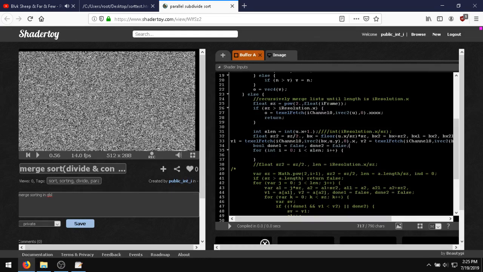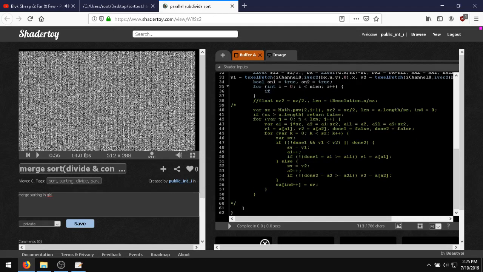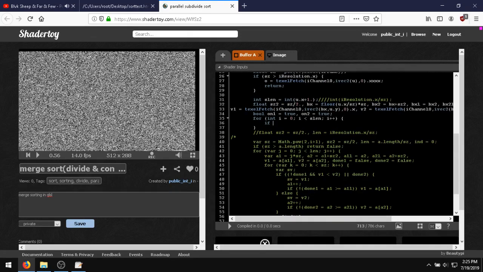Maybe I should actually, I think it's actually easier to check if something's true. So I'm going to change it from done to on. Alright, so then we're going to do the same code as here. Or nearly the same. If not done, or not, if on 1, and v1 smaller than v2, or not on 2,